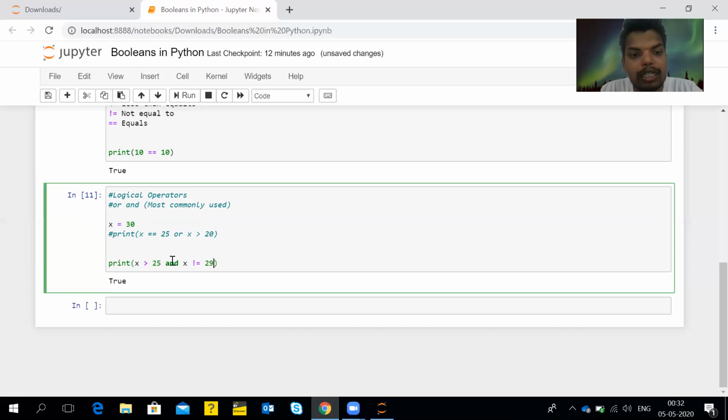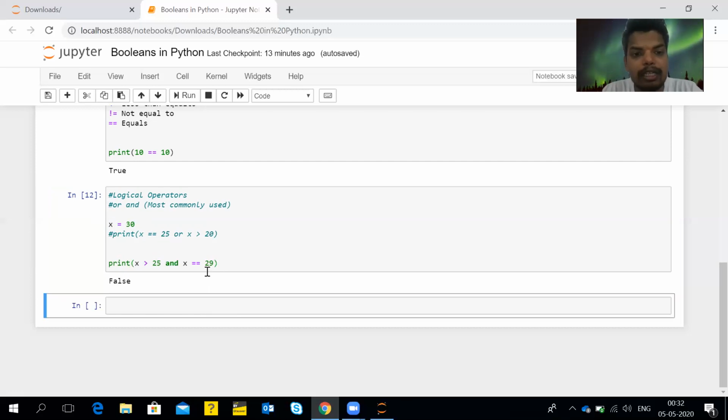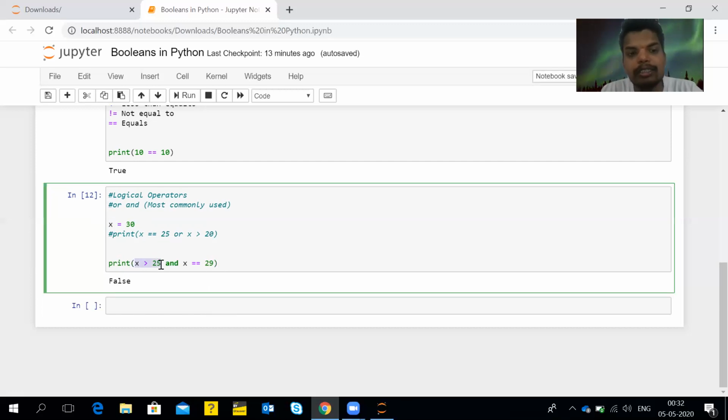Hence, for both these conditions, it is giving us the answer true. If I change the condition over here like this, then it should give the result false. Why? Because 30 is greater than 25, this is true, but x is equal to 29 is not true. Hence, for an AND operator to be true, both conditions should be satisfied.